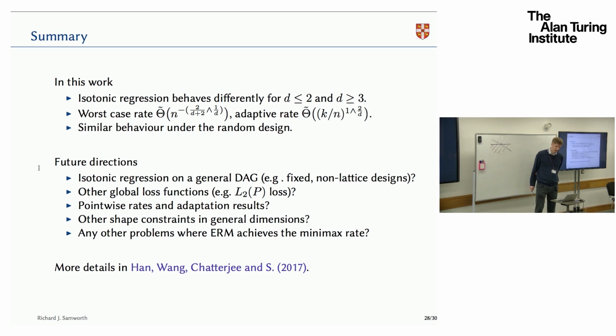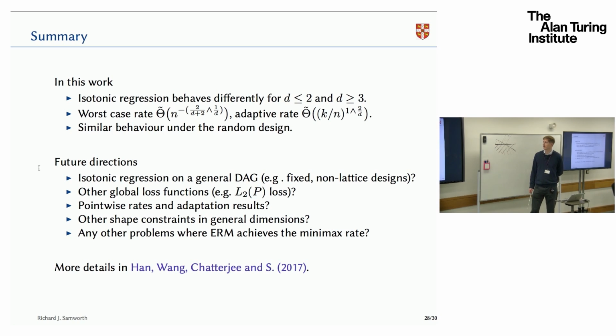So how can you study isotonic regression on a general DAG? Let's say where you have fixed but non-lattice design. Can you deal with other global loss functions, particularly in the random design setting? What can you say about pointwise rates of convergence, so how well you're doing at a particular point rather than globally? What can you say about other shape constraints in general dimensions? I think it's particularly interesting to ask, are there other settings in which empirical risk minimizers can attain minimax optimal rates, even when